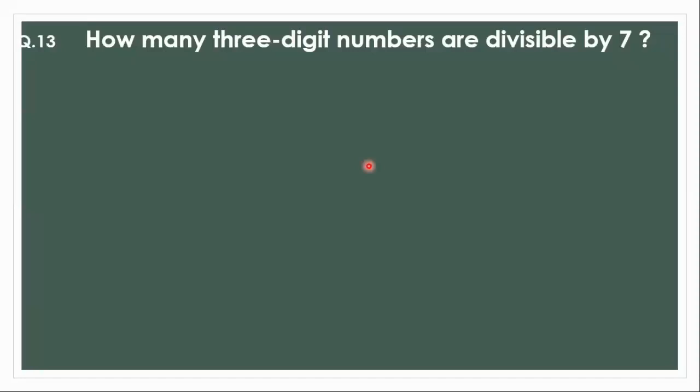Am I clear, children? So 98 is the greatest 2-digit number which is divisible by 7. For that number you add 7, which gives the first number. Are you getting 105? Yes. That is the first term of your AP, the number which is divisible by 7. Second number, 105 plus 7, is 112. Now we'll find out the last term.